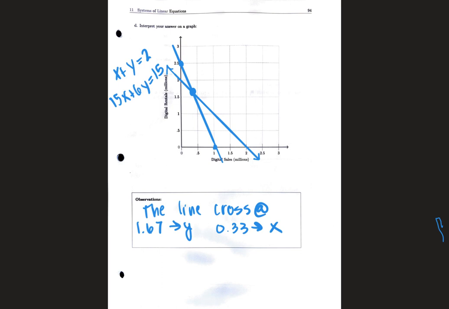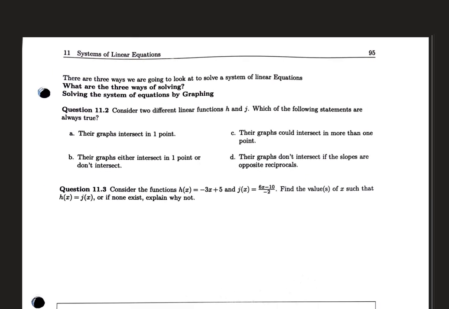Okay, so we just looked at a real-world application of a system of equations. And with this system of equations, it is essentially the place where two lines intersect. So before I go over how to solve a system of equations, which is the main important part of this section, I want you to think about some special cases here. So there are 3 ways we're going to look at solving a system of equations. We're going to look at graphing, and that's the first way, and then we're going to look at substitution and